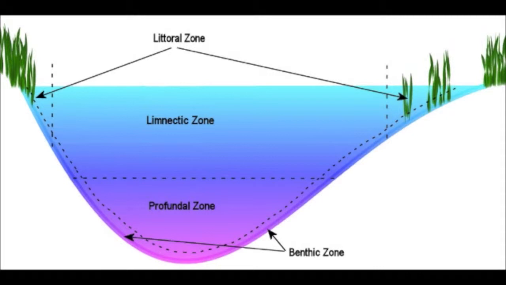No rooted plants can live here. Phytoplankton is the only photosynthetic organism that can survive here. In this area is where most fish are because they are able to swim freely. This zone extends as far as light can penetrate. The third zone is the profundal zone. This zone is just above the bottom, where no light can penetrate and producers cannot survive. The final zone is the benthic zone, which is the muddy bottom of all lakes or ponds.